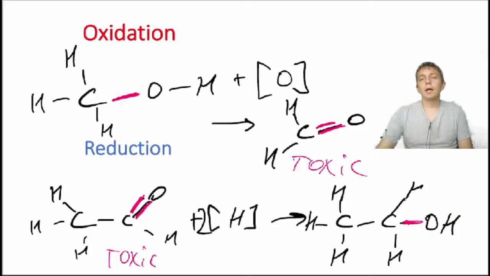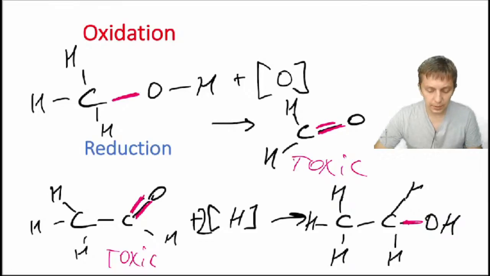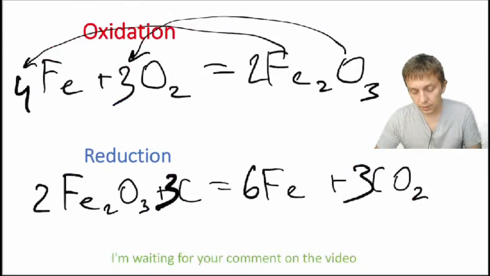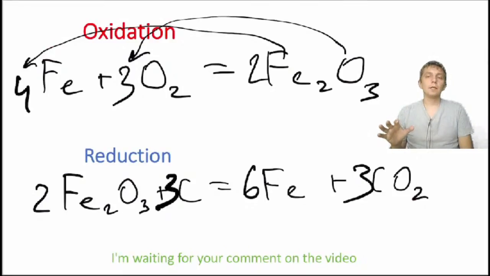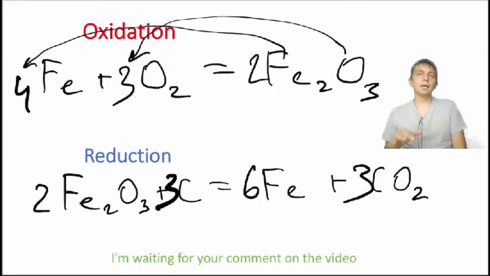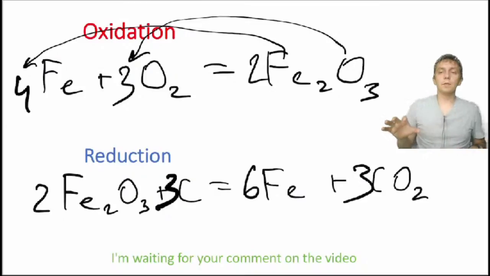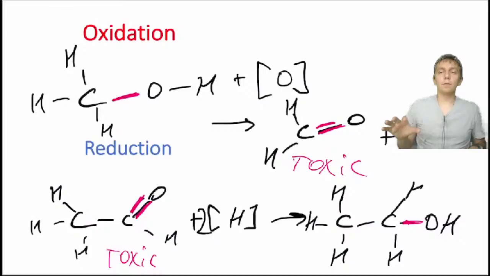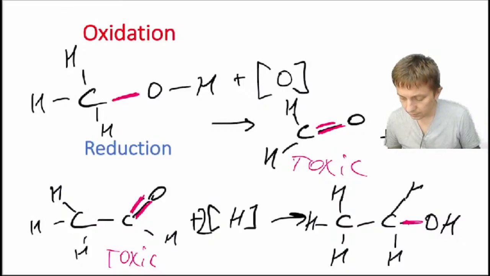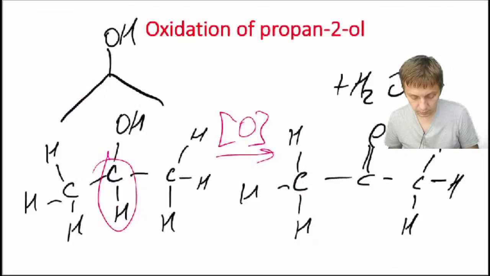So oxidation is what happens with the substance we're interested in, because for example the oxidation of iron, shown here, is a process of reduction of oxygen. But in organic chemistry we typically focus on the more complicated substance, and in this case I think the more complicated one is the organic molecule. So if we're talking about organic molecules,